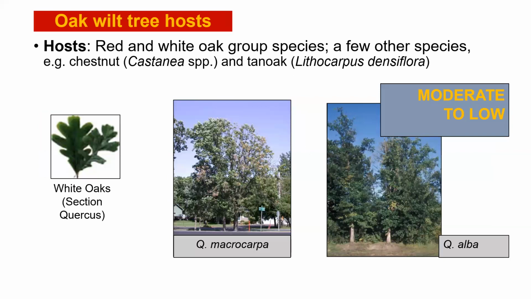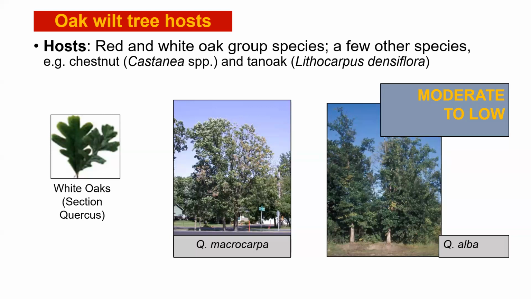The white oak group exhibits a different range of susceptibility, and I call that moderate to low. It depends on the white oak species. I work in the Midwest, and we have a lot of bur oak, Quercus macrocarpa, and white oak, Quercus alba. So, for example, the bur oaks are moderate in susceptibility, and if the fungus comes into that tree, it can move about, but the tree actually has defenses to stop it in different places. So we get a scattered pattern of development in the crown, and this kind of host response doesn't prevent death of the tree, but it slows it down, so it occurs over several years